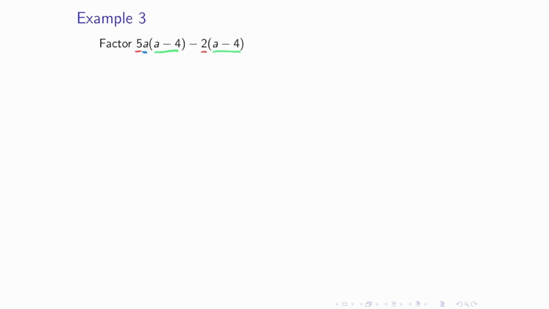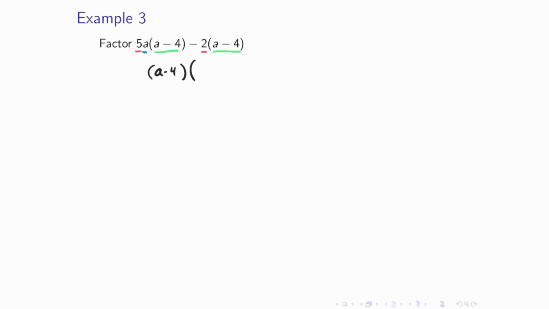All right, what is the GCF? Well, we have no numerical factors in common. We have a 5 and a 2, but the only number that divides them both evenly is 1. As far as a, what is the largest power of a in each term? We have an a to the first. We have no a here, so you can think of it as being a to the 0. So essentially, so far, our common factor is 1. Okay. And then for the last type of factor, a minus 4, we have a power of a minus 4 in each term. So we can factor out a minus 4. Okay. That's our common factor. That's our GCF, a minus 4.